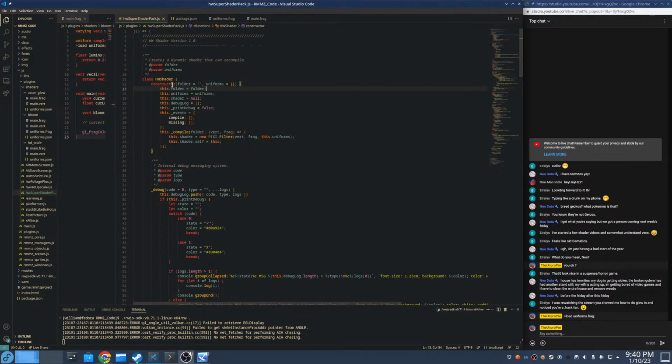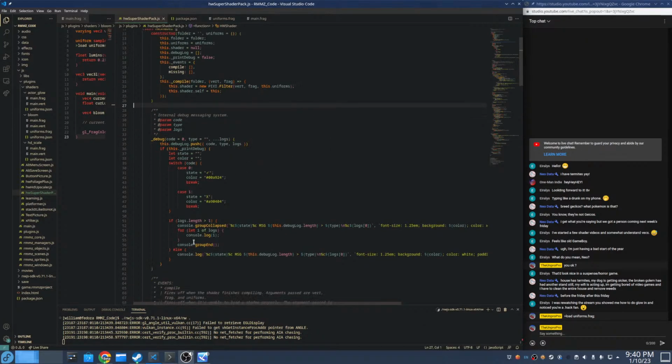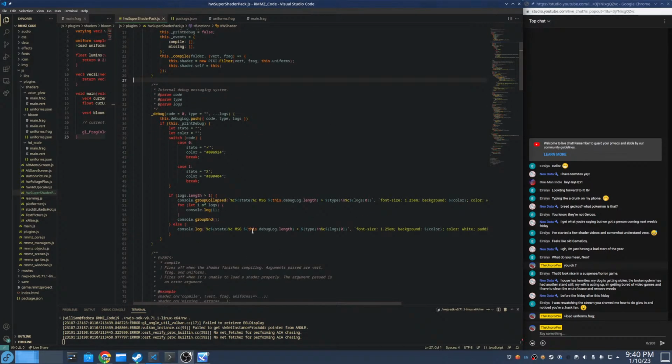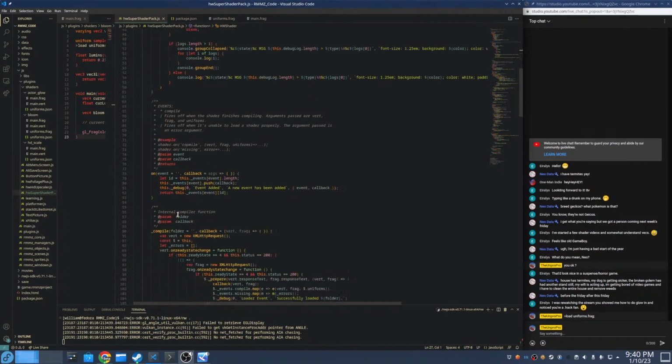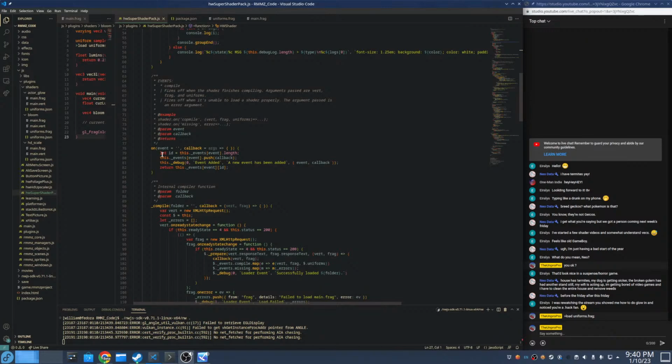So it's a HW shader thing, right? We have your constructor. I'll let you pause if you want, or when you rewatch, you can code this out yourself as well. But too long didn't read. What it does, well,